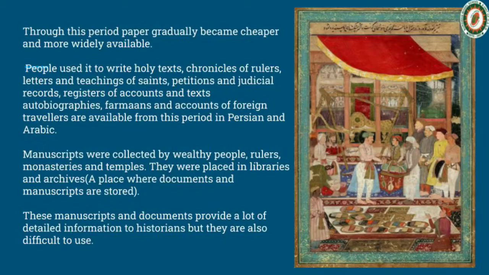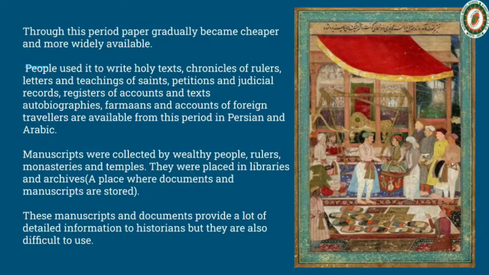Among them, paper gradually became cheaper and more widely available, and people used it to write holy texts, chronicles of rulers, letters and teachings of saints, petitions and judicial records, and for registers of accounts,